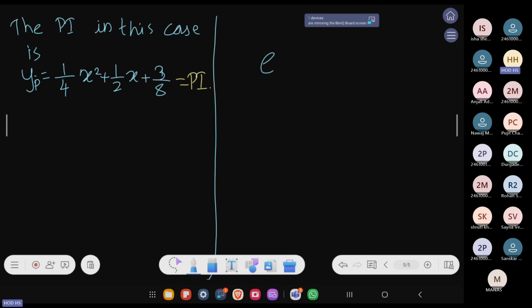Okay, consider I'm going for e to the power a. Suppose there is a to the power bx, and I want to see it as e to the power some cx. I want to find out that value c. I will take the log on both sides, log to the base e. If I am taking log to the base e, I will have bx ln a is equal to cx, right? So therefore, the value of c should be